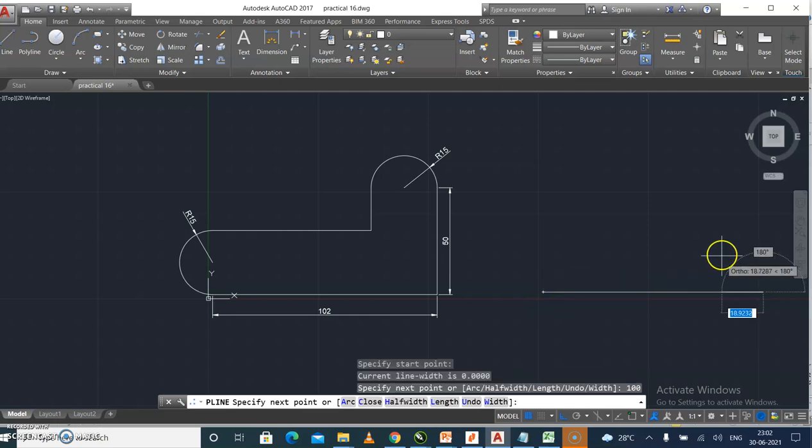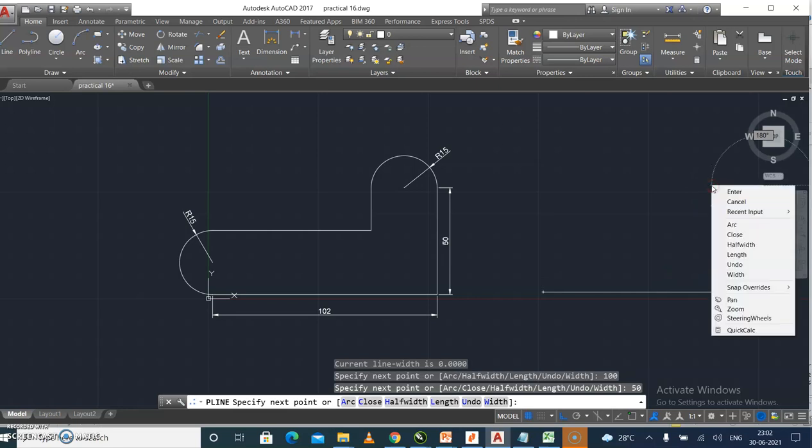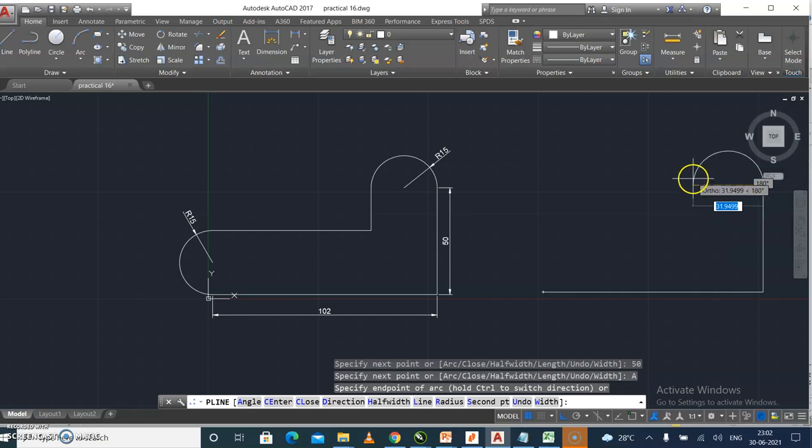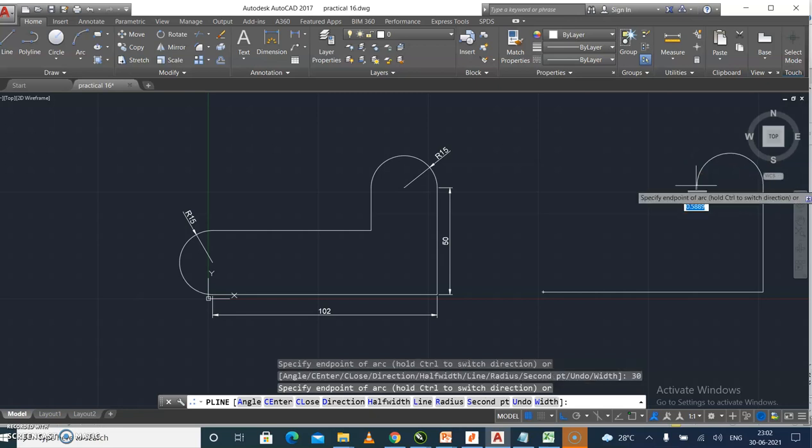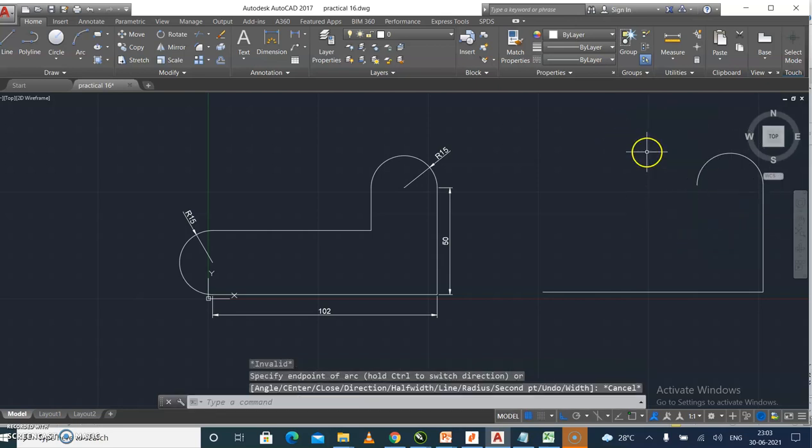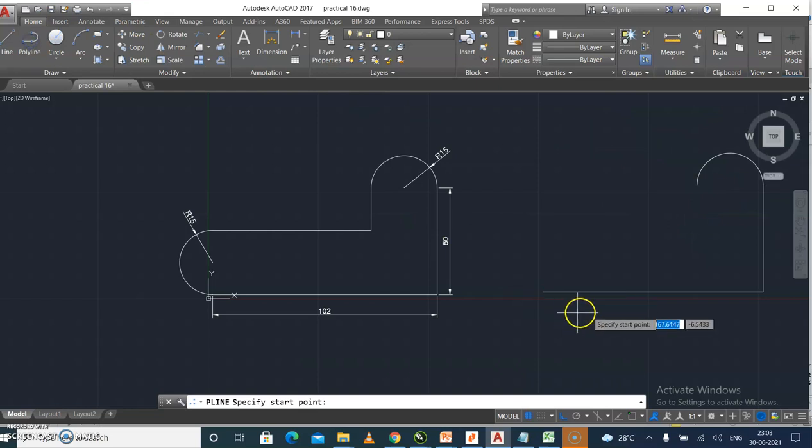Enter. Then here 50, enter. Then make an arc or semicircle, and the diameter is 30. So 30, enter. And then again take polyline.